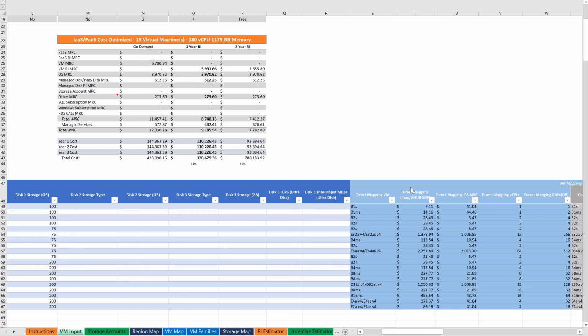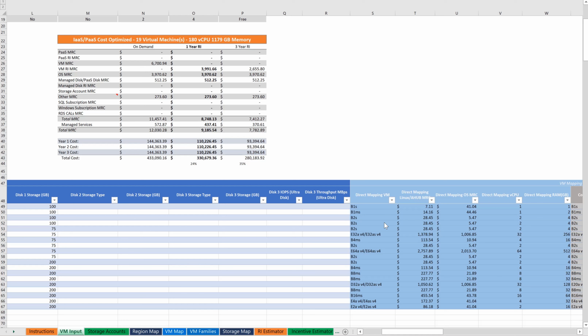Now, if we look at this next section here, direct mapping in light blue, what's happening is while you're entering this information, all the formulas behind here are mapping VMs based on the data center that's chosen up above and finding the lowest cost VM that matches the specs that were entered. So that's kind of your starting point. We know that lowest cost isn't always the best VM. So there's customizations you can do later where you can say, I don't want to use a certain series VM or I want to override individual VMs, but this will find you the lowest cost VM in that data center